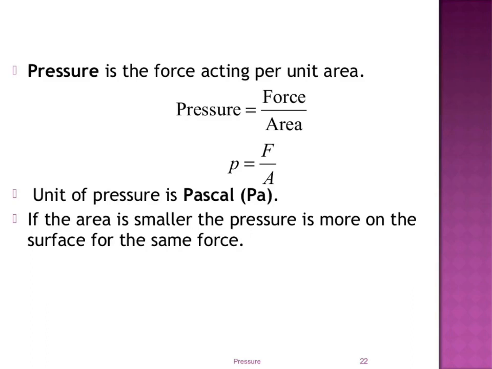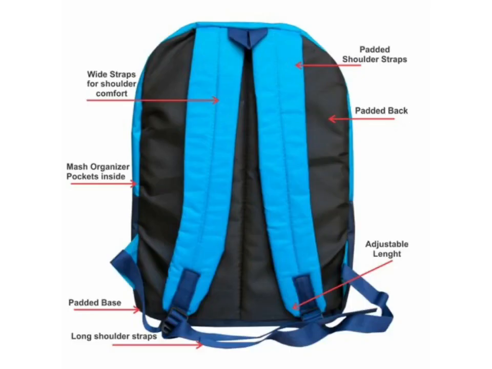The same force can produce different pressures depending on the area over which it acts. For example, when a force acts over a large area of an object, it produces a small pressure. But if the same force acts over a small area of the object, it produces a large pressure. Now we will explain this by some everyday observations. Actually, we use the concept of both high pressure and low pressure in our everyday life.